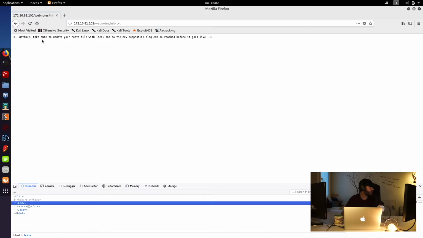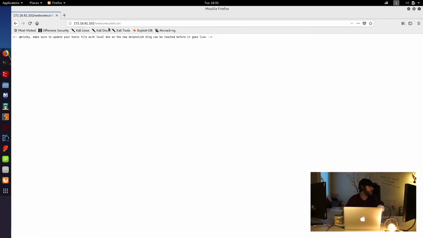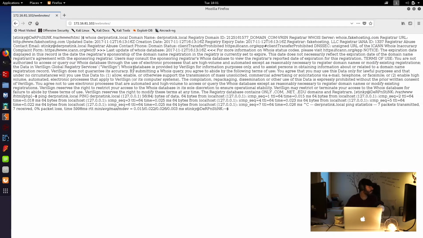Okay, it says, "@Stinky, make sure to update your host file with local DNS to make sure DerpNStink blog can be reached before it goes live." So first of all, I'd make a note that Stinky looks to be a potential username. Also, if we try the web notes directory,